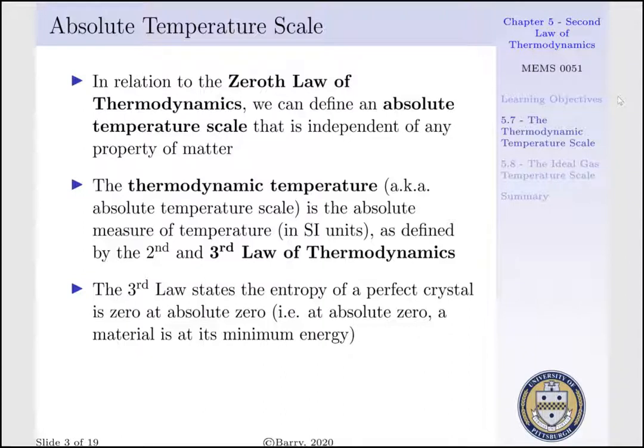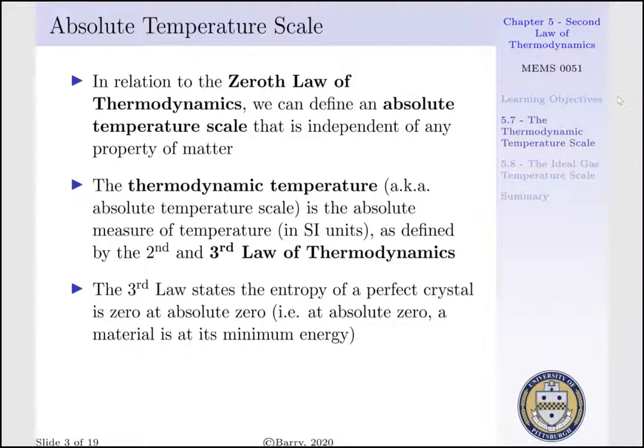Now recall the 0th law of thermodynamics to establish the equality of temperature. We can define an absolute temperature scale that is independent of any property of matter. That is, when we said two bodies were in thermal equilibrium with a third body, they had equality of temperature. And if we had a temperature scale, it'd be very easy for us to say whether or not bodies were